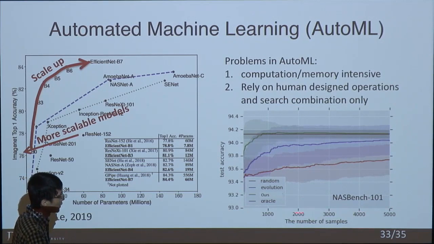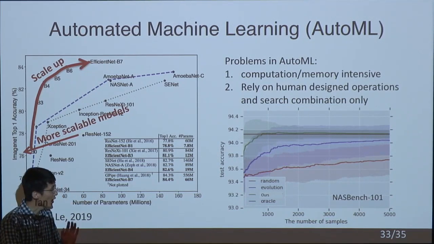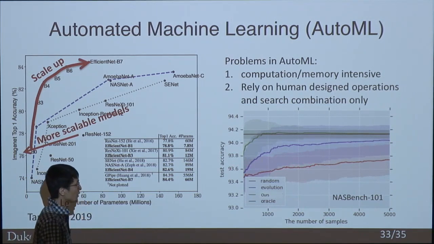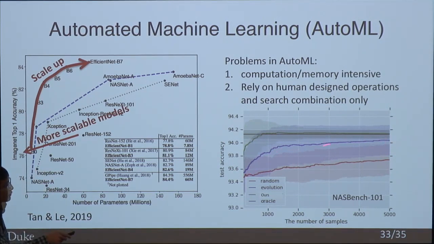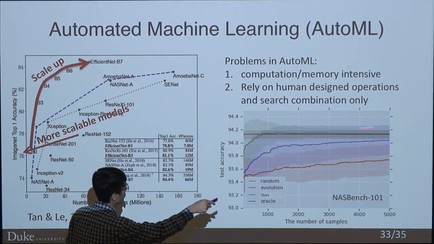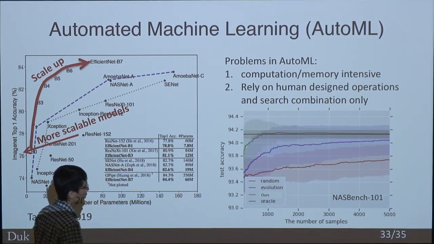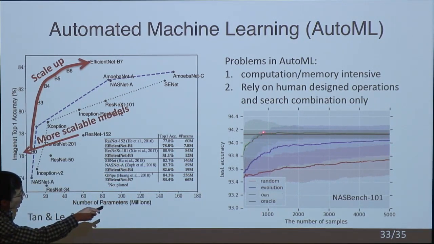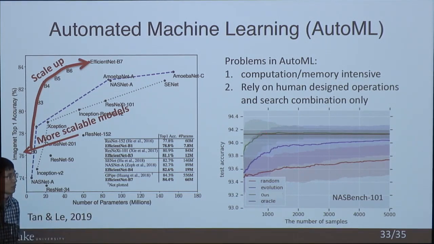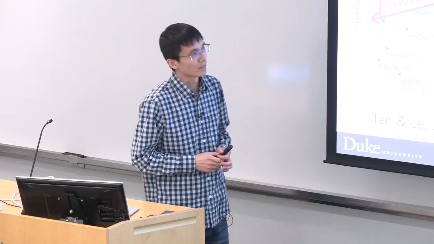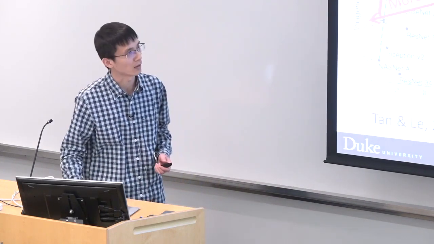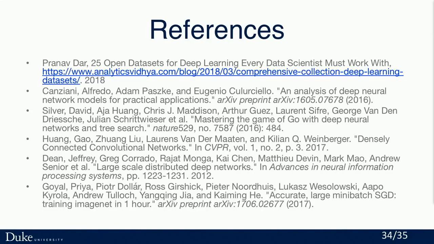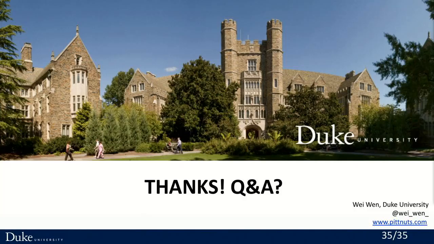The x-axis is the number of networks we have to train to reach some test accuracy. This one is a random method. This one is the state-of-the-art regularized evolution. And my recent research is getting here. Now we can find the best Oracle model within hundreds of samples, so we only have to train hundreds of networks to find the optimal one. We'll make it public next month. With that, I conclude my talk and open to questions.